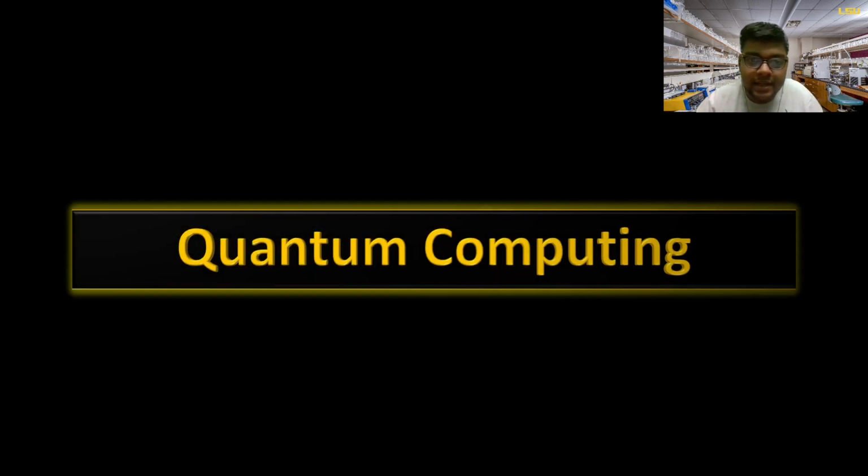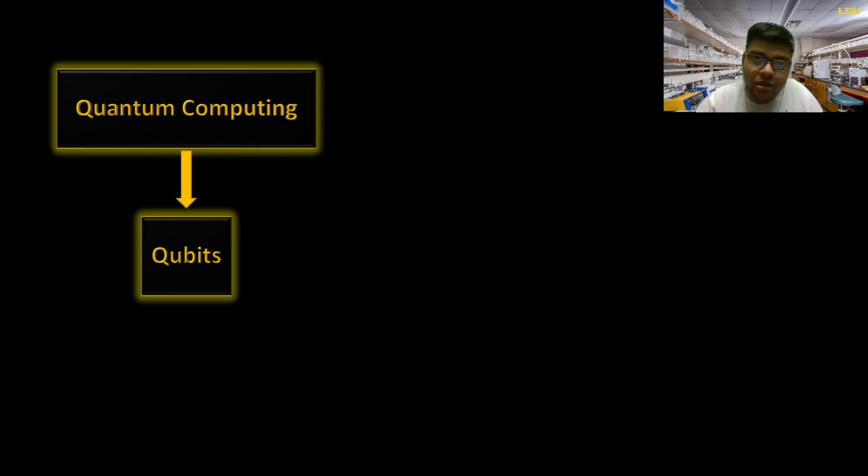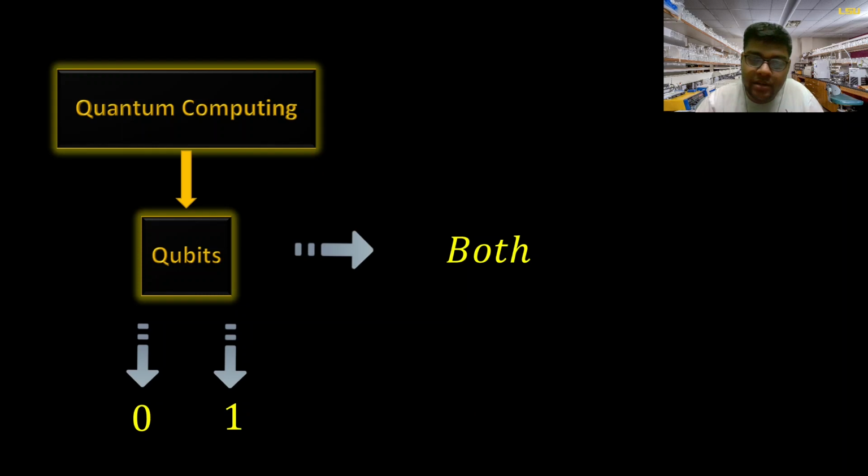Quantum computing. So quantum computing depends fundamentally on qubits, and these qubits are the fundamental computational unit of a quantum computer. Just like their classical analog, classical bits, it can take either the zero value or the one value. But the difference is that a qubit can also be both at the same time. So it can be a linear combination of 0 and 1 at the same time, and this particular state is called the superposition state.